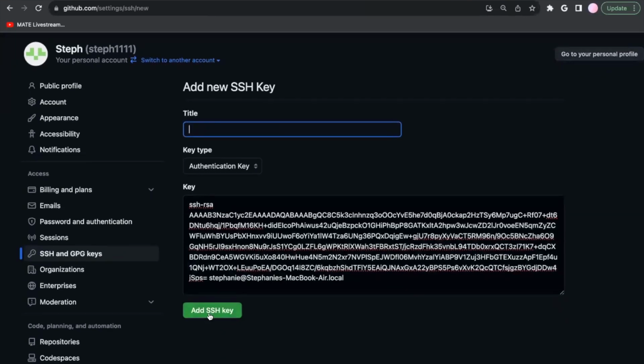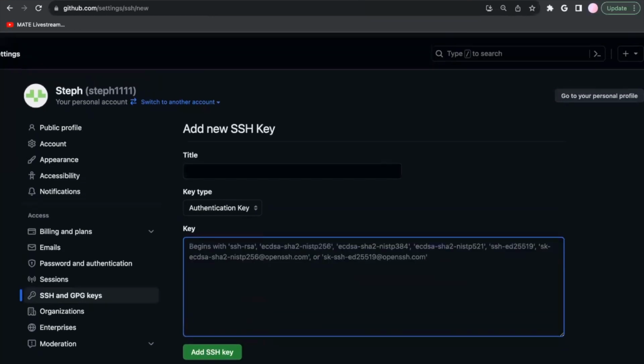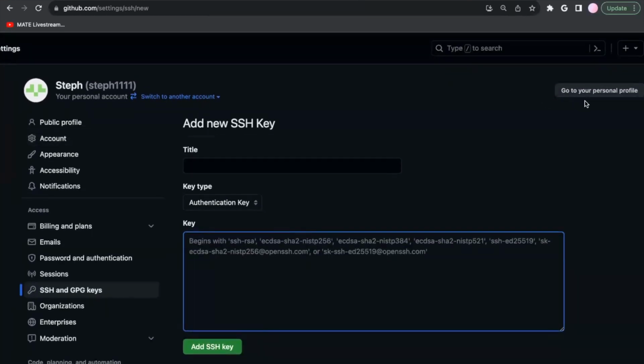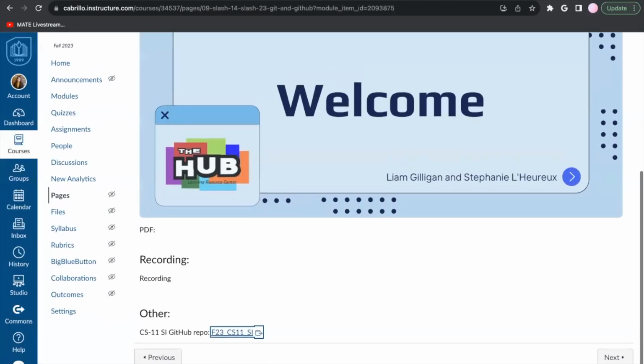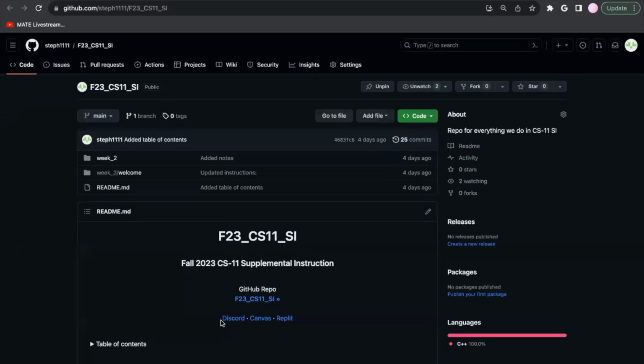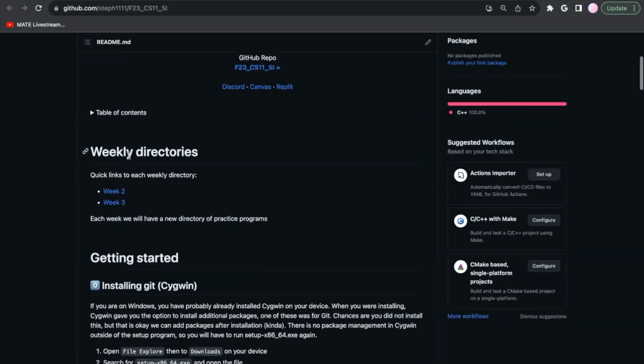Since I already have one, I'm not going to click that. All right. And then you should be redirected to your profile. And then if we lost the link, we can just go back here and pull it back up again with the instructions. And we are on step,